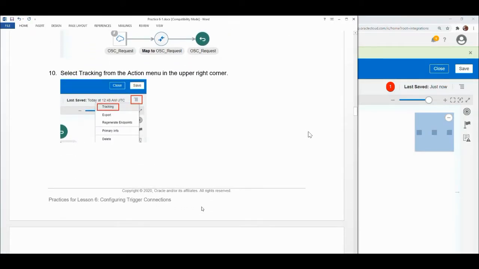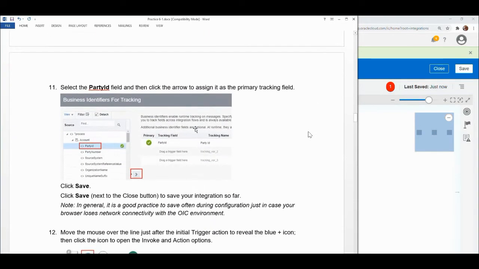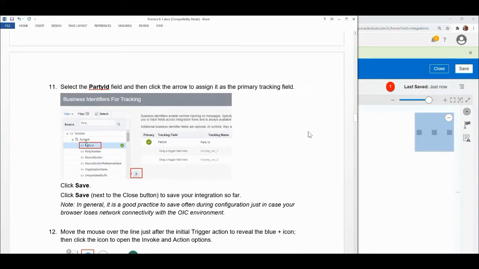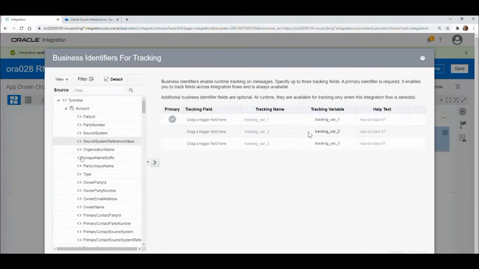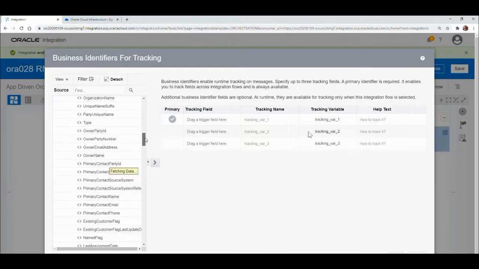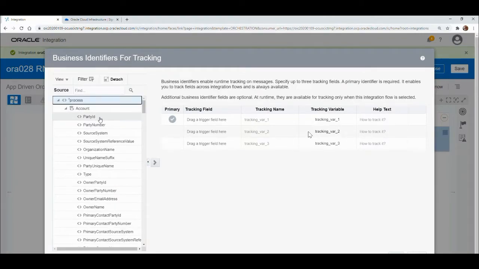Next is steps 10 and 11. We are going to select tracking from the action menu to use the party ID with the account as a primary tracking field. So let's go ahead and do that now. We will click here on action, tracking, and within the account you can see there's a lot of different data types that might be coming in. We happen to know that party ID will always be coming in, and we can use that as a tracking field. Again, you can drag and drop this across to here,